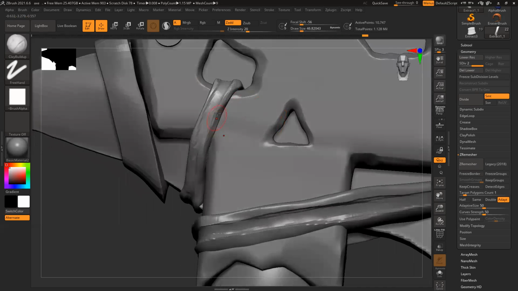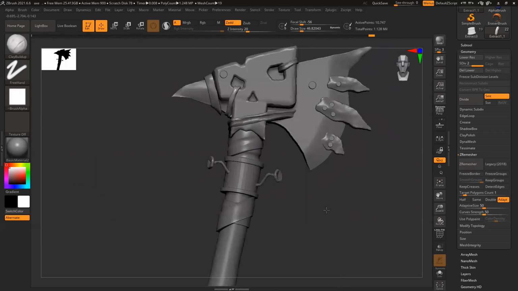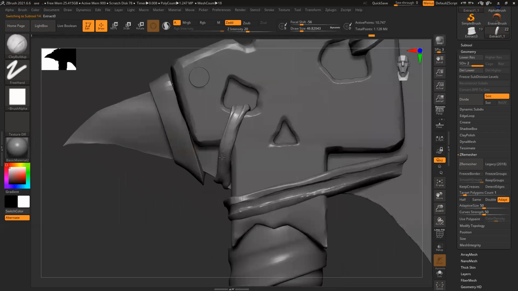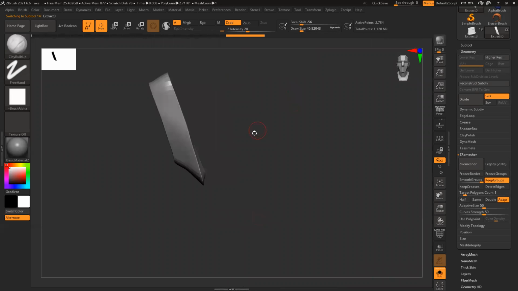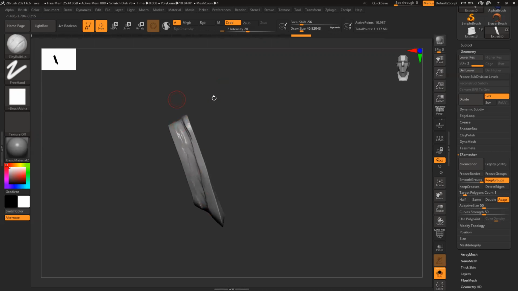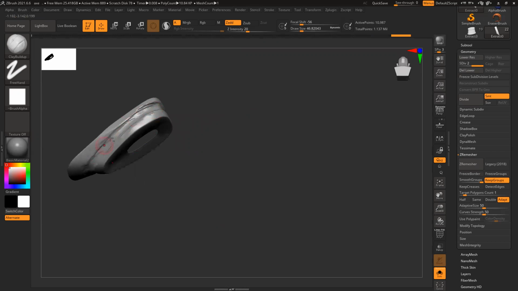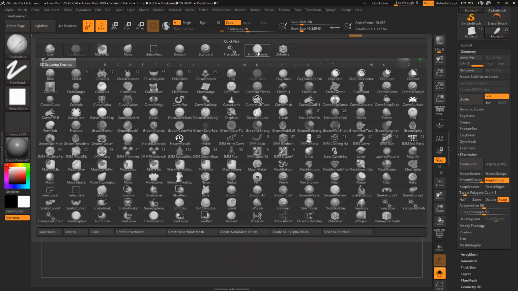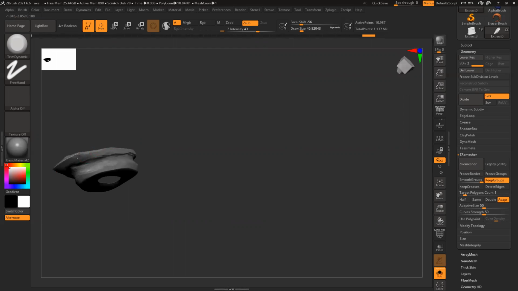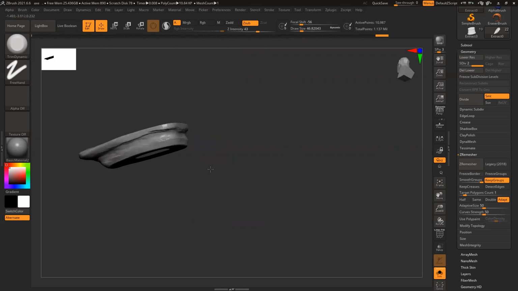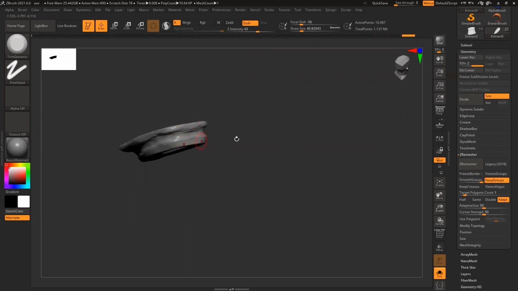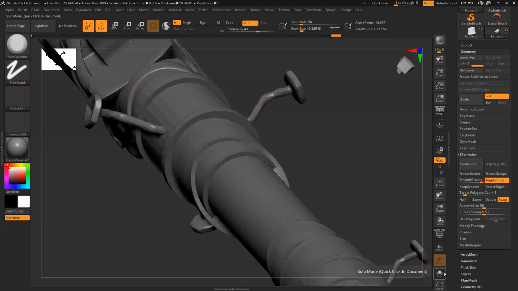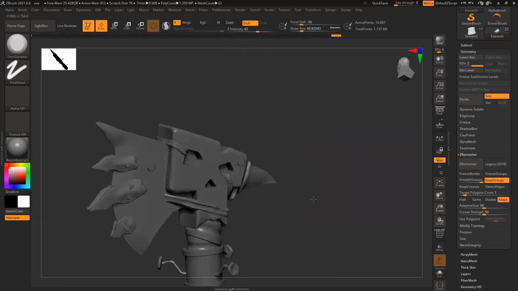Add little thickness to it. Trim dynamics, like way too pointy. F to focus.